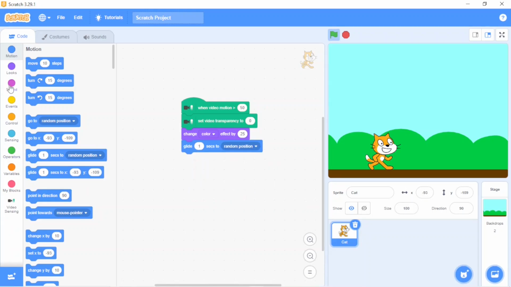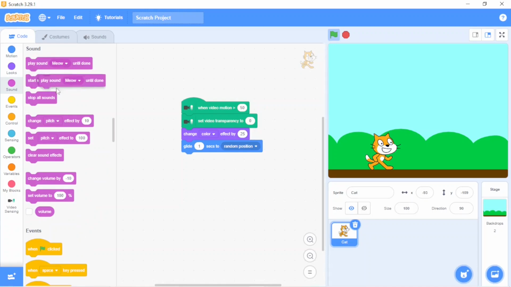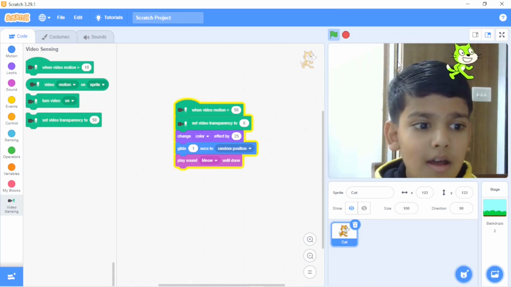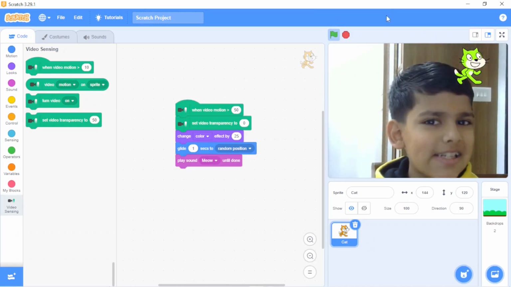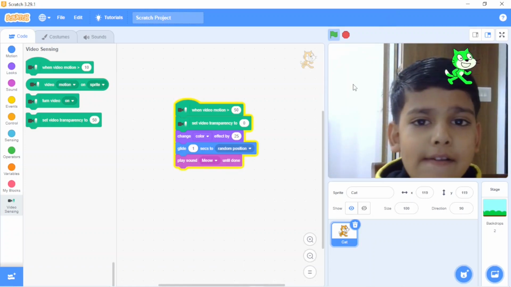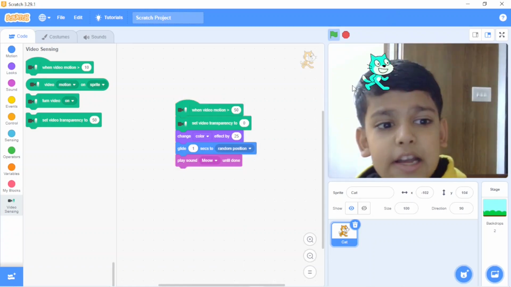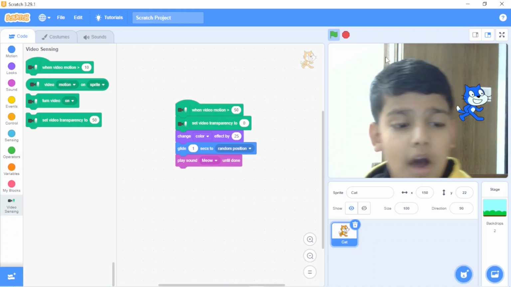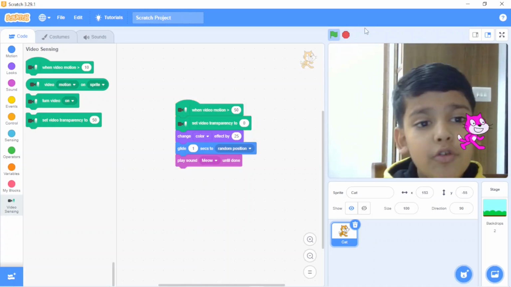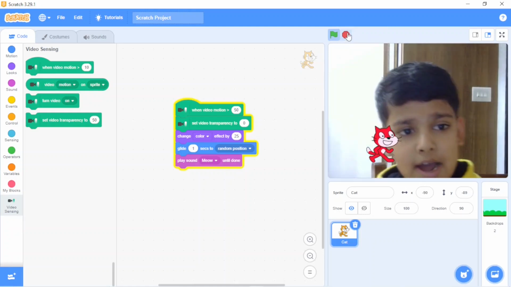And then go to sound, play sound meow until done. Go to video sensing and I have to turn video on. Oh! You can see my video, and if I move and I touch the cat, it will play the sound meow, and then it will move to a random position, right?